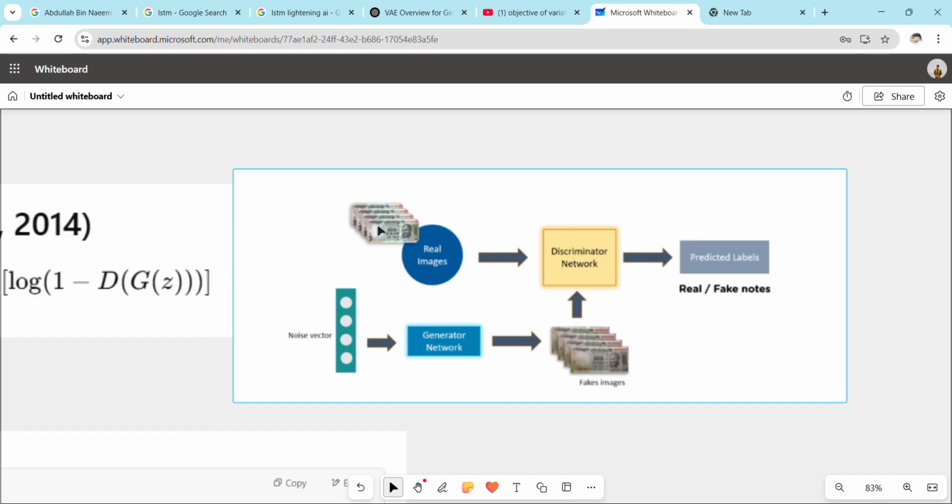The discriminator network tries to differentiate between the real data and the fake data. If I pass real images of this currency, the network should output that this currency is real, so it should output 1. And if I pass any fake currency, it should output fake. Now we have the generator network. Suppose we have some random noise, and we pass that noise to the generator network. This generator network will somehow generate images of currency, which will obviously be fake, and we will pass